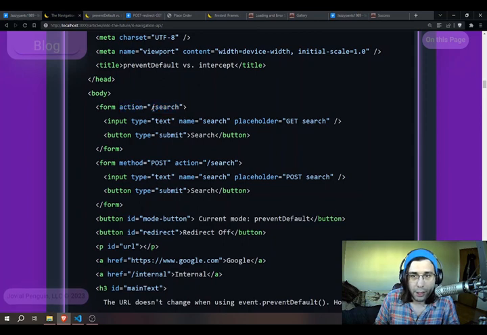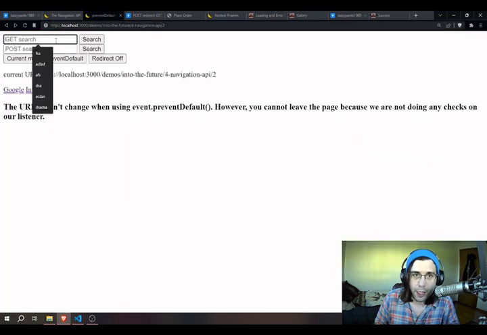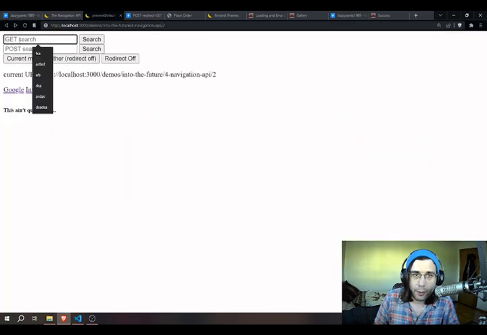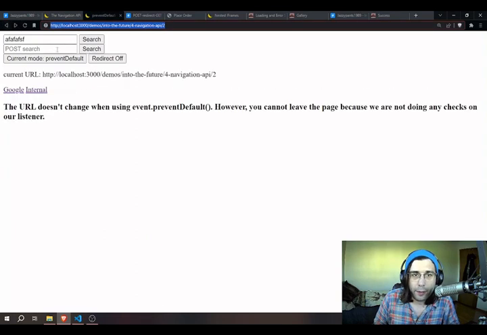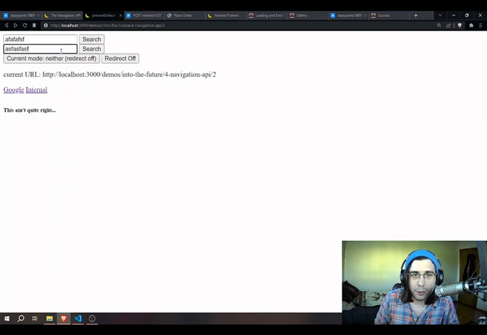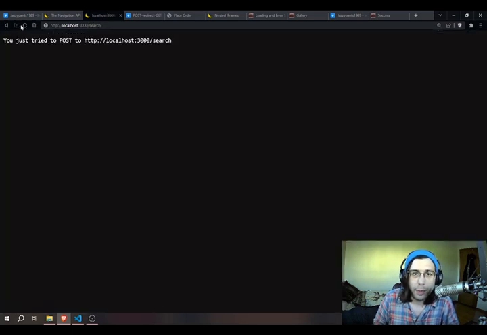If you put an action, you can define the URL to which you will do this request. A POST request is very similar, except it doesn't use parameters. Instead, it uses a request body. So we'll see how this works. If we do a GET request, we're going to do it to that URL and it will append the parameters. However, if we do the POST request, it will send us to that URL with the request body,